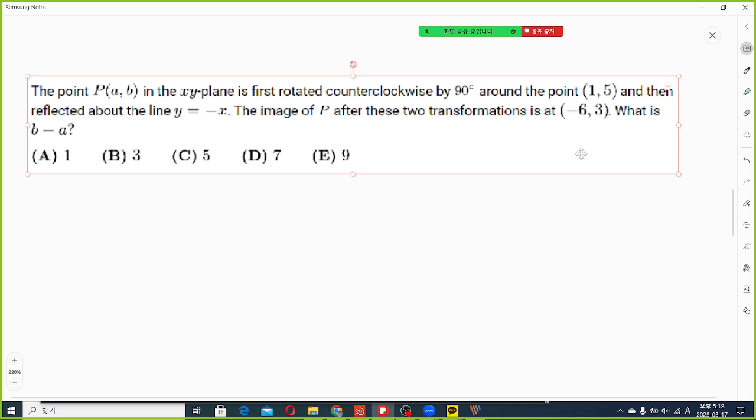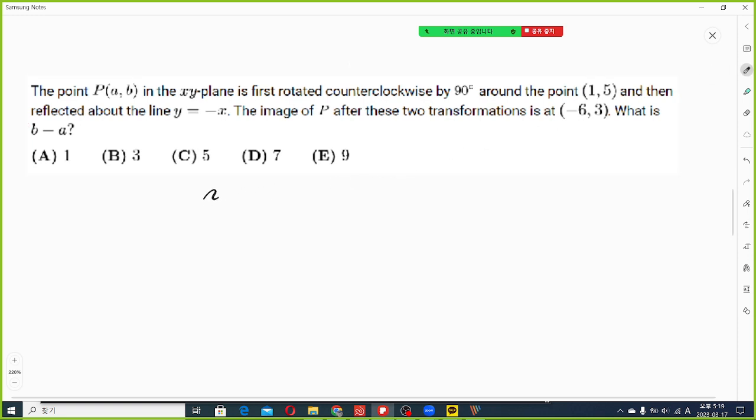So if the end point is minus 6 and 3, if it's reflected back with this line, what will be the intermediate point? Coordinates of the intermediate point is,